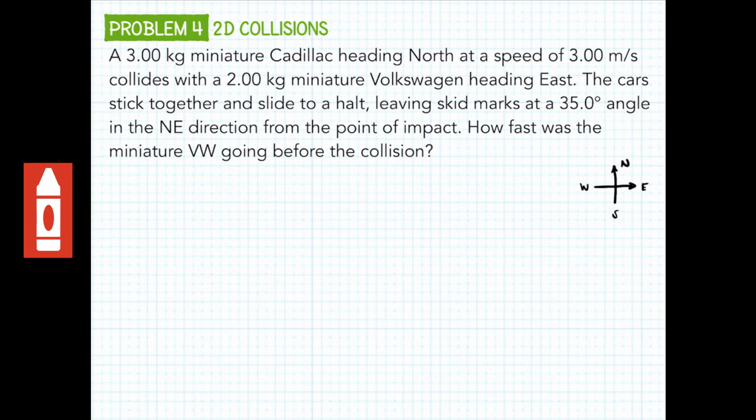So we have a Cadillac heading north. I'm going to draw it as a dot. I'm going to call it C for Cadillac. So here's our Cadillac heading north, right? And I'll draw that with a green arrow. It's heading north at a speed of 3 meters per second. And then we have a Volkswagen heading east at a speed of,